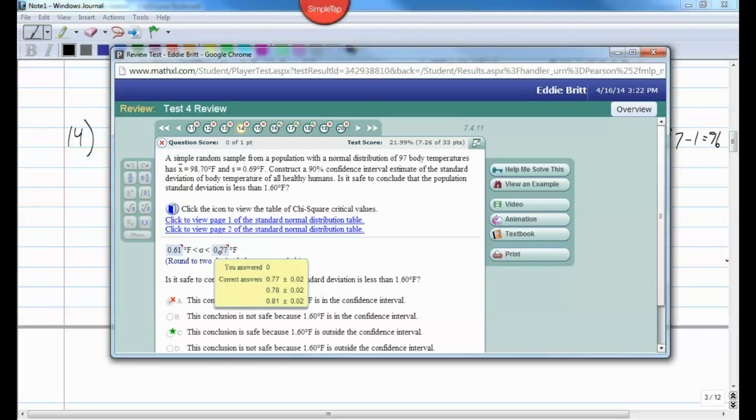even though we don't have a table that shows us 97 degrees or 96 degrees of freedom, the answers it takes are 0.77 plus or minus 0.02, 0.78 plus or minus 0.02, 0.81 plus or minus 0.02. So it's taking a lot of different answers because of that error that we could have gotten. If I would have put 0.78 here, 0.79, 0.80, 0.81, it would take all those